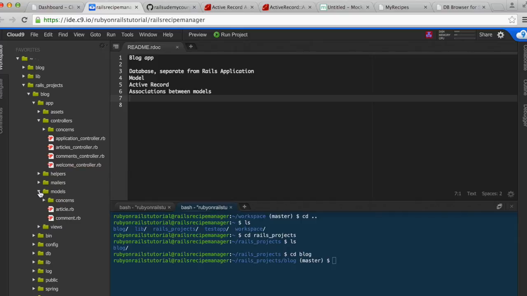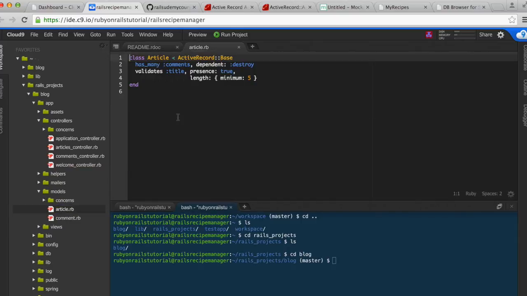If I go to models, I'll see article model, and when you actually went through this, you already had set up has many and belongs to association,